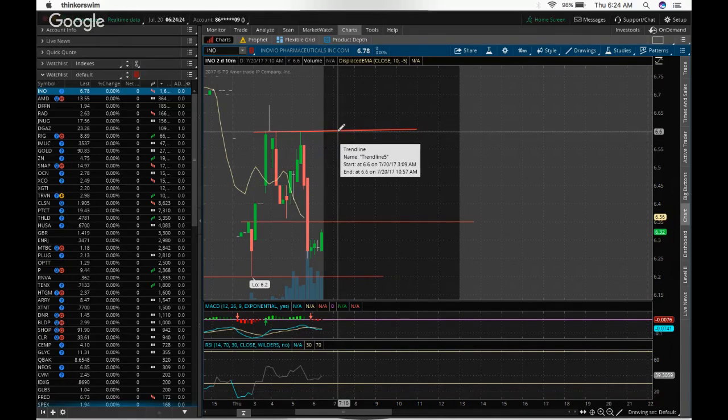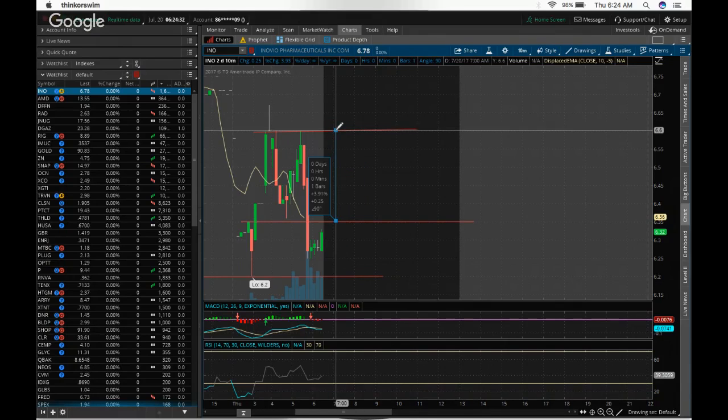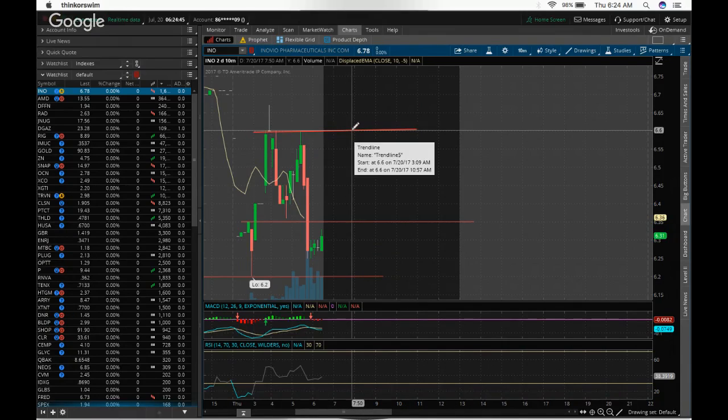Does that mean 100%? No. Understand that that's why it's so important to have a plan. So if I break above 635, I'll try to take a position around 635, and I'll try to sell around 660. As it continues to rise and break these resistances of like 640, 645, 650, I will most likely follow with a stop loss, meaning that I will originally buy in at 635, try to sell at 660, and I'll